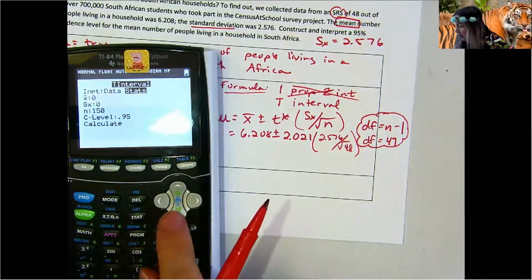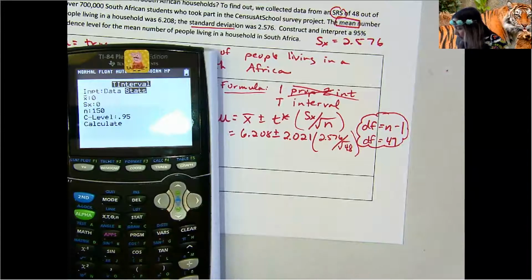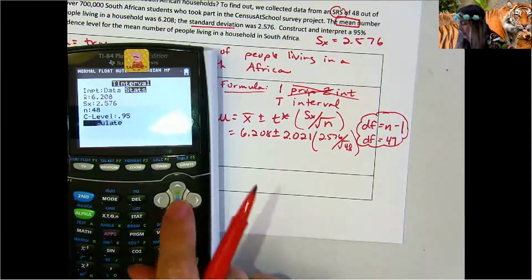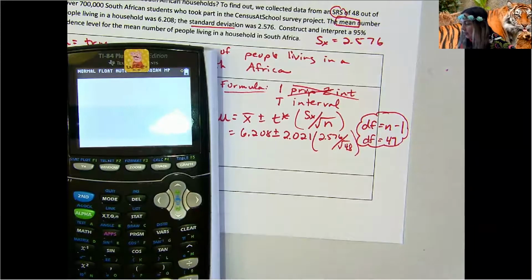All righty, so we've got the stats for it. The average household was 6.208 people. The standard deviation is 2.576. We took a sample size of 48, and we want a confidence of 0.95, right? 95% confidence in our interval. So that yields